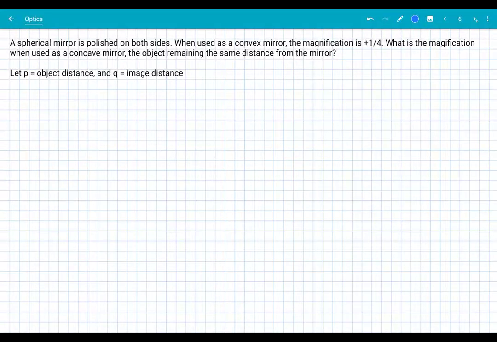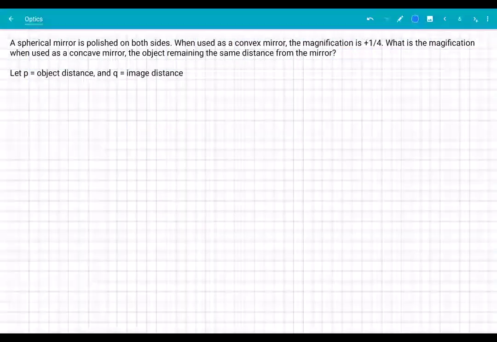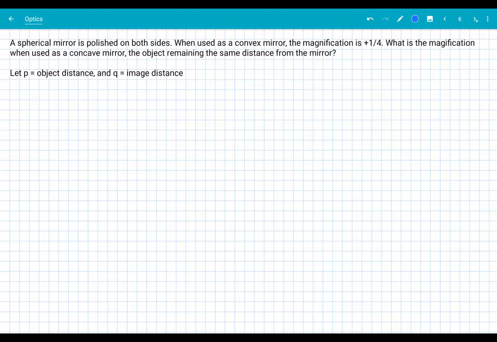We want to start off, of course, with the mirror equation, which I'm going to write in terms of the object distance and image distance. 1 over f is equal to 1 over p plus 1 over q. And image distance and object distance are written in different notation in different places. Sometimes they're DO, DI, but in order to not carry around the subscripts, I'm using